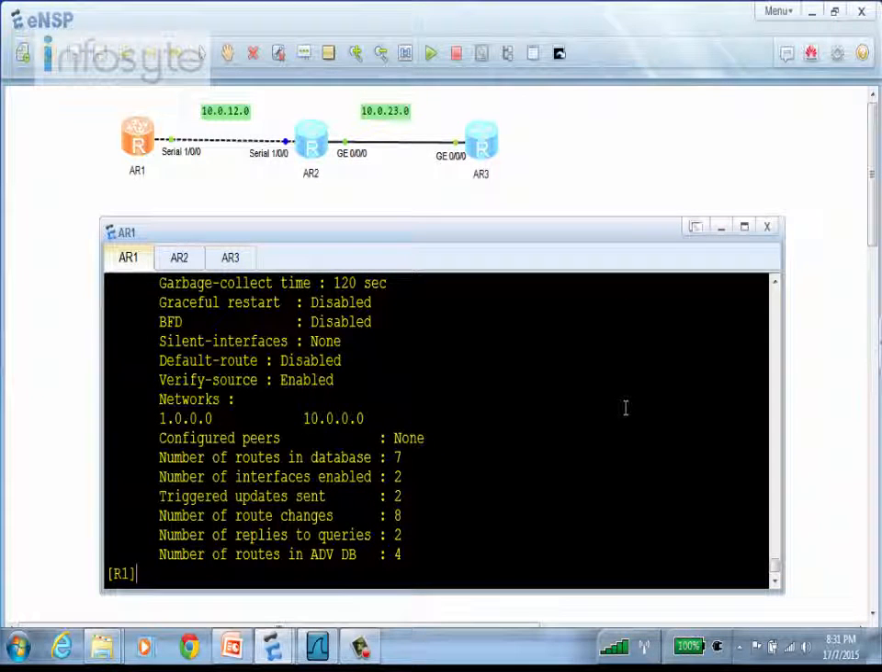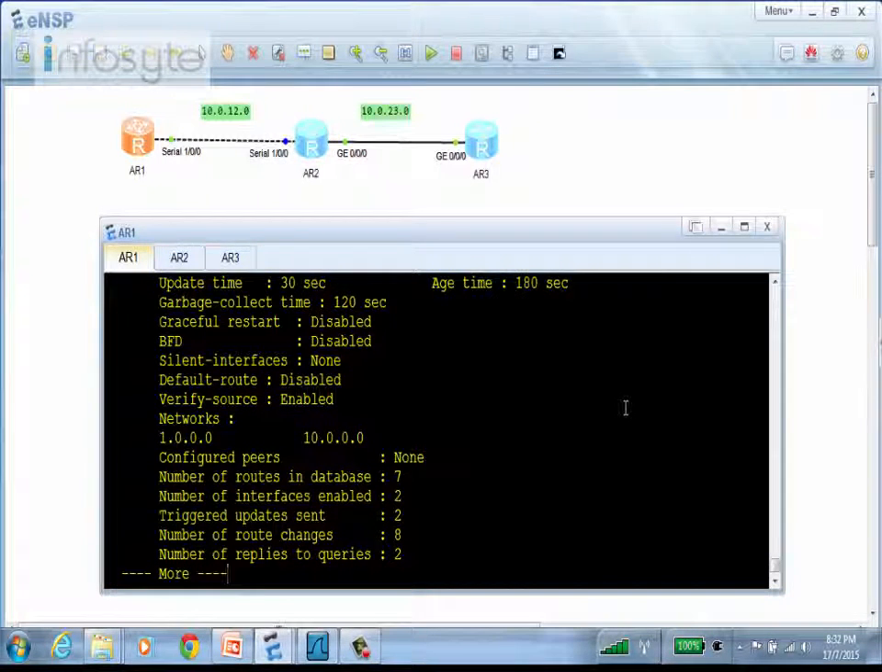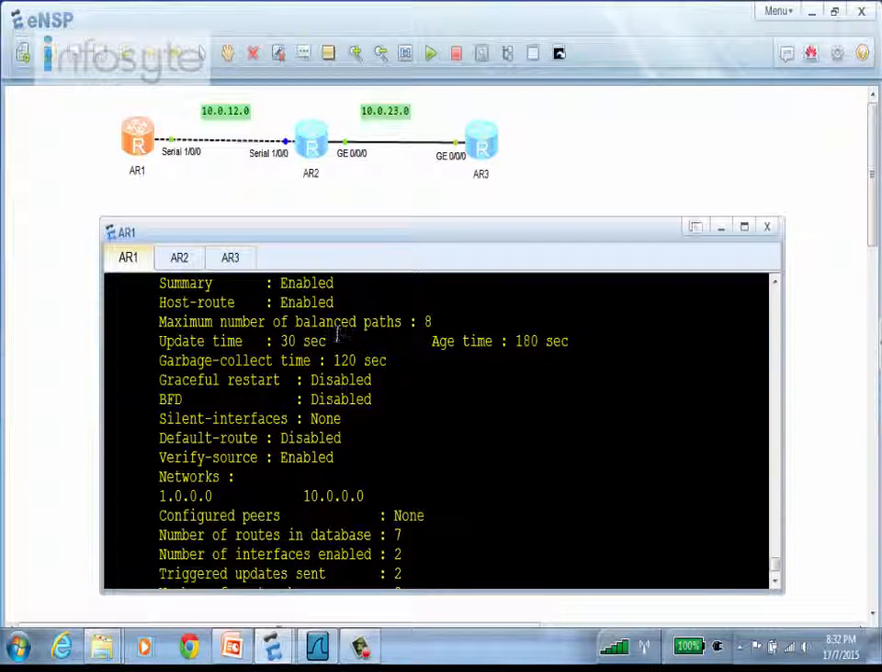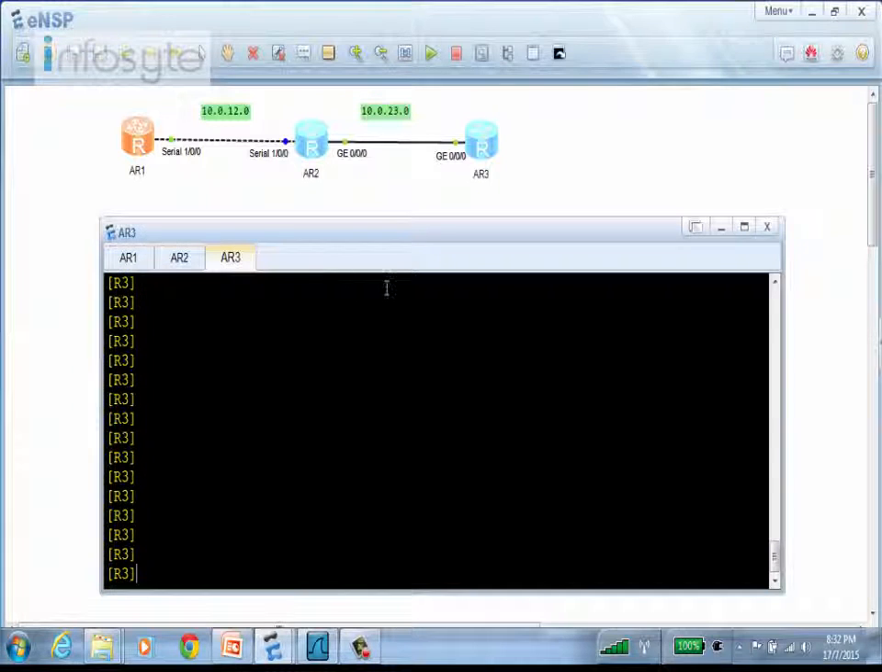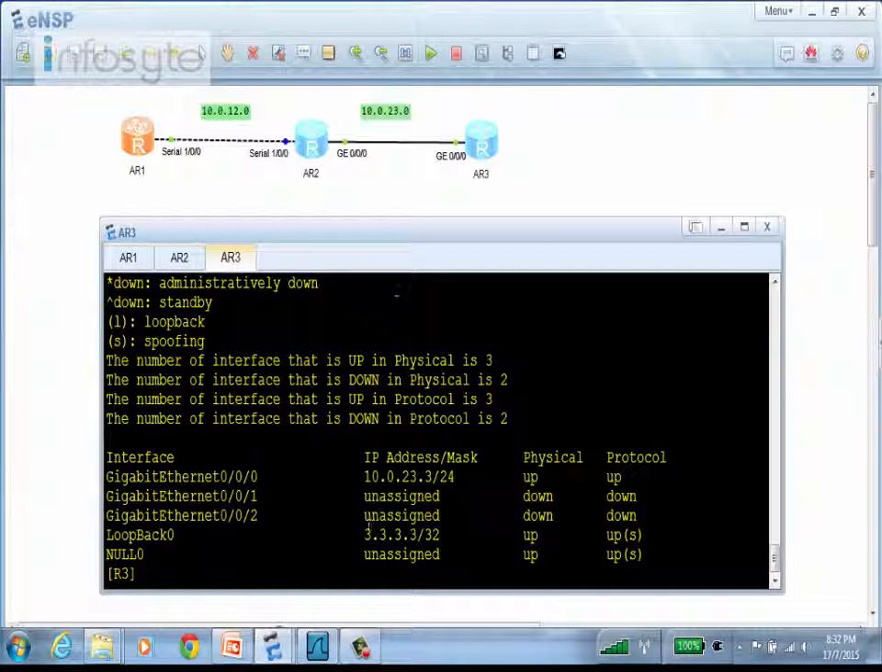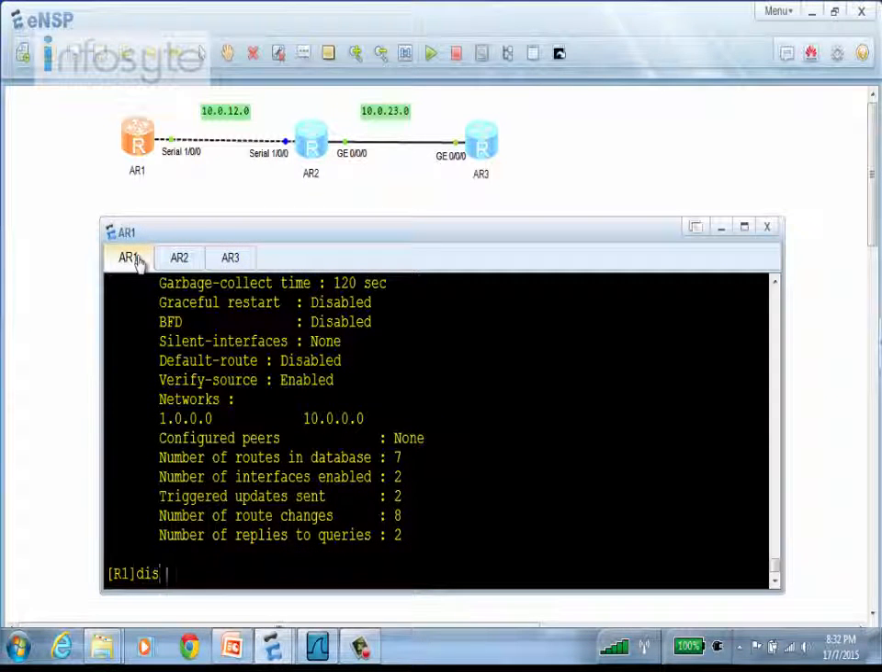All right, so let's look into the triggered update now. In R1, if I do display rip 1, as you can see, we have an update time of 30, aging time of 180, and garbage collection of 120. For me to demonstrate the triggered update, I'll go to R3 and remove the interface of 3.3. As you can see, the interface of loopback is still available, and in R1 if I do display IP routing protocol RIP,